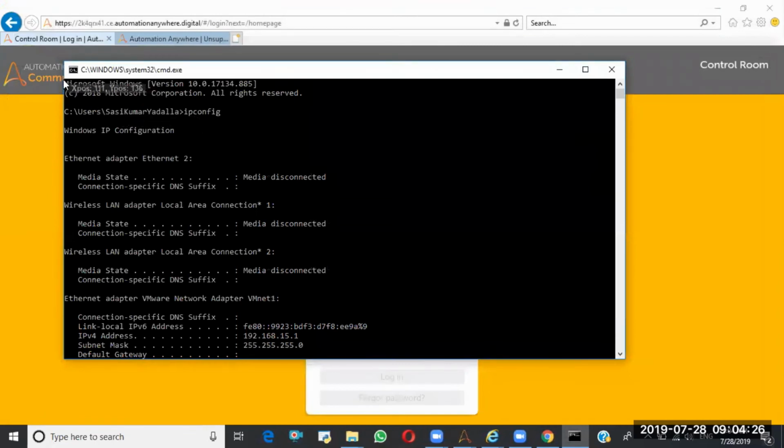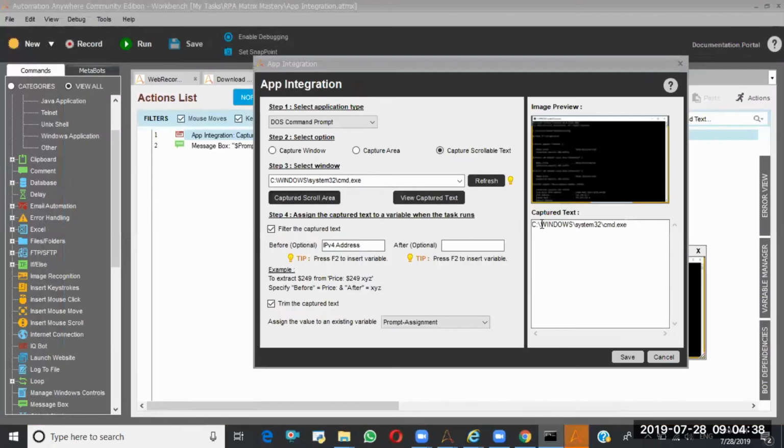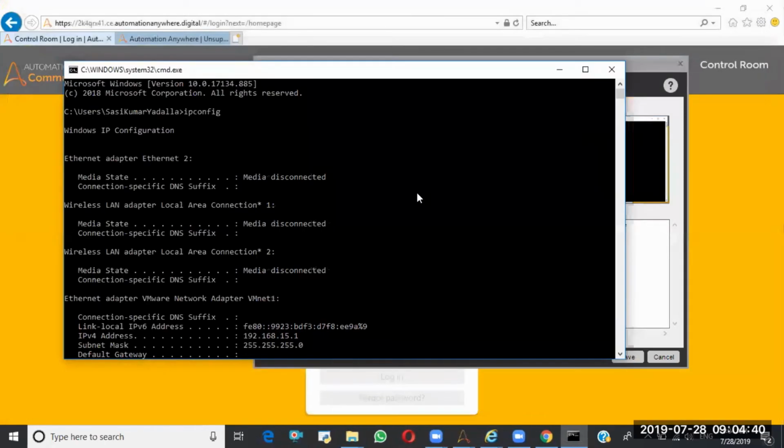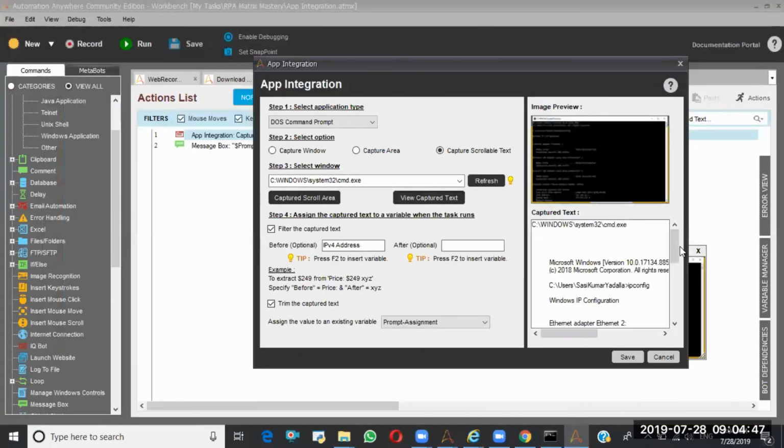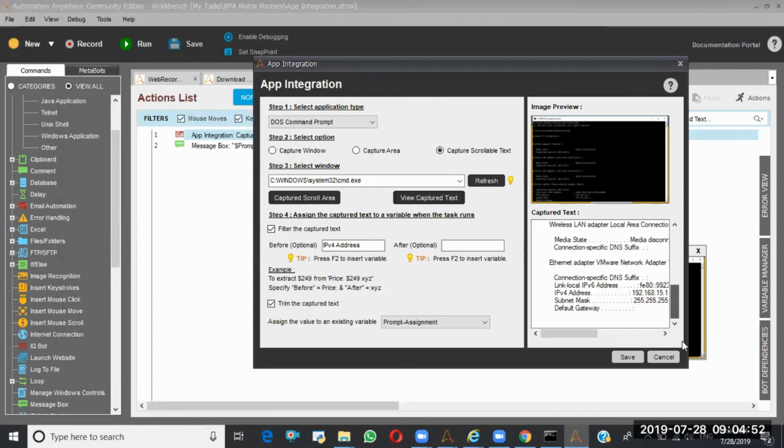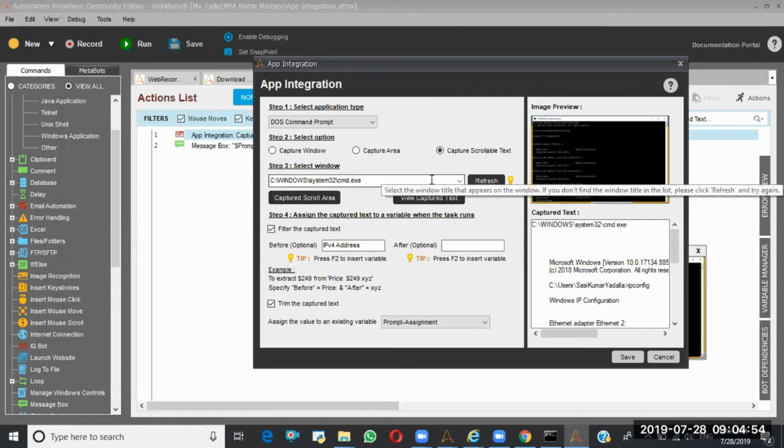It is asking me for some access. Let me try. See, it's captured different information. So like this, you can work with the scrollable text, but it is not that efficient a feature.